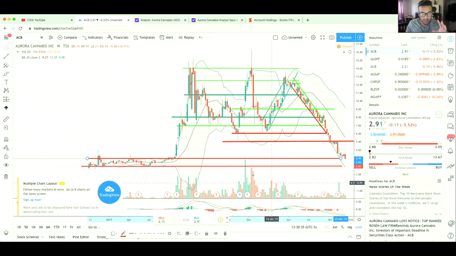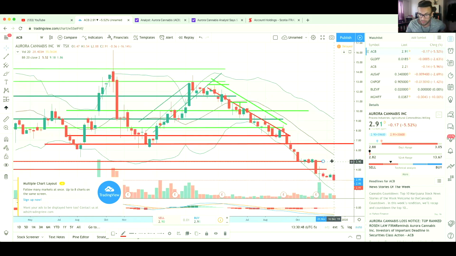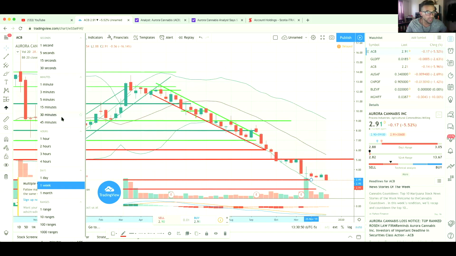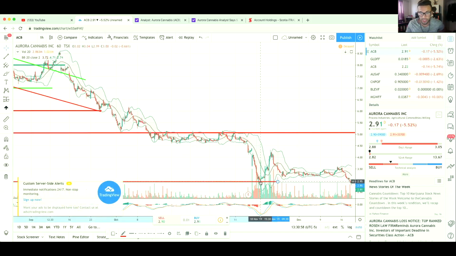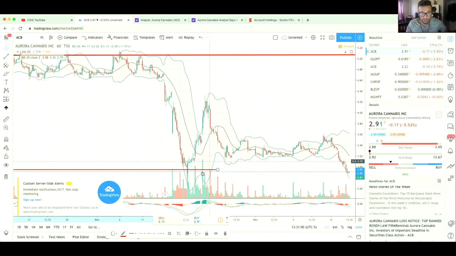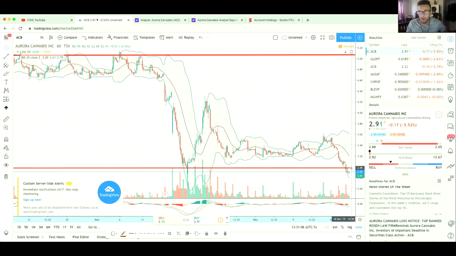The reason why I have these support lines is because in the past, Aurora has used this line at the bottom, this $2, as a support and this $3 as a resistance line. And of course, as you can see recently, we're going to zoom in a little. We're going to look at 1 hour charts. As you can see recently, Aurora has used this $3 line as a support and has bounced off it, and now we're currently hitting it, actually gone a little bit below it right now. So we're going to extend this line all the way here. So currently right now we're hitting the support line.